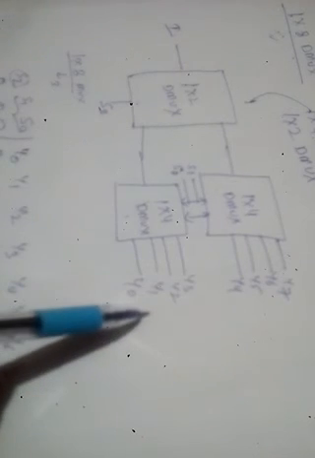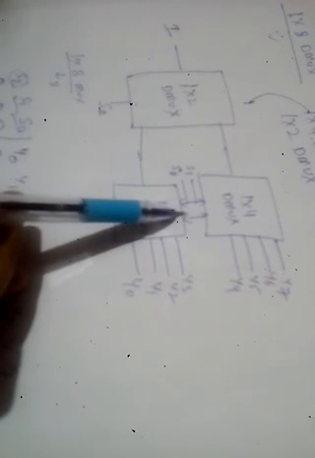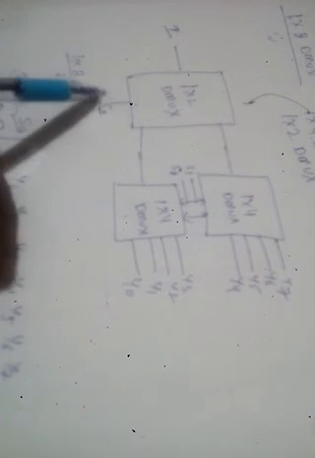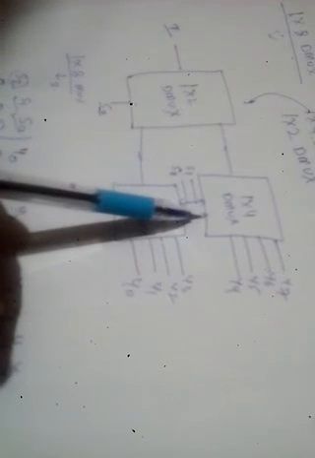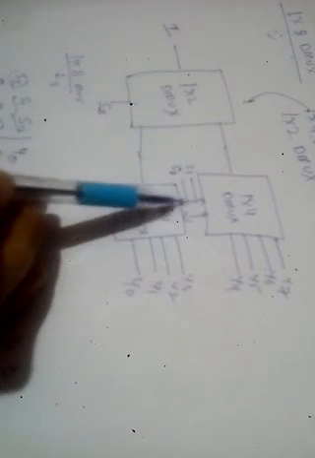So when this S2 will be 0, then one of the four outputs of the lower 1 by 4 demux will be equal to input, and that will be based on the selection lines S1 and S0. And when S2 will be 1, at that time the input will be connected to the output of the upper 1 by 4 demux, and that will be based on the combination of S1 and S0.